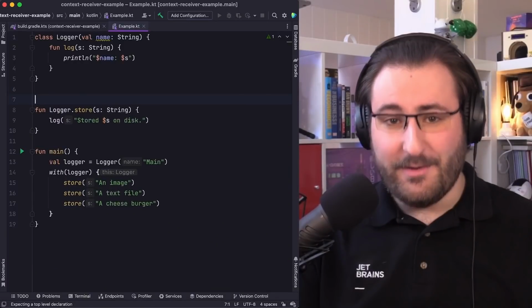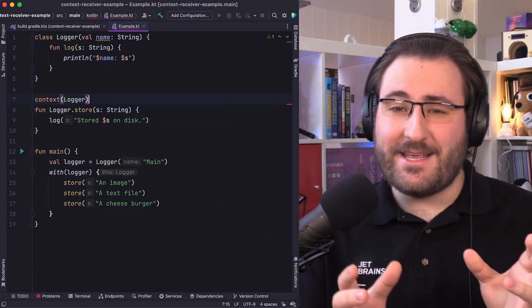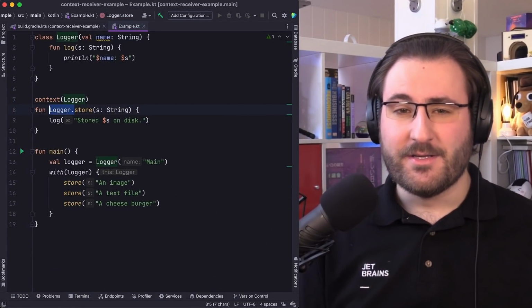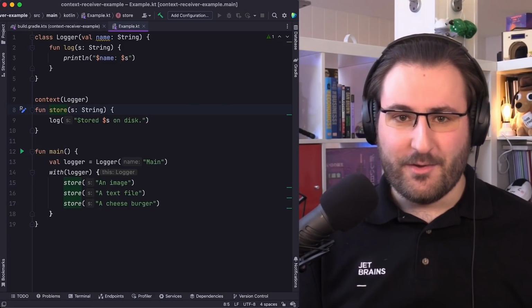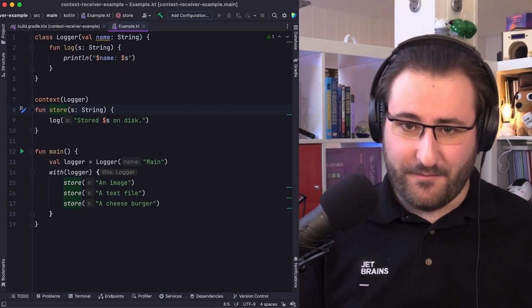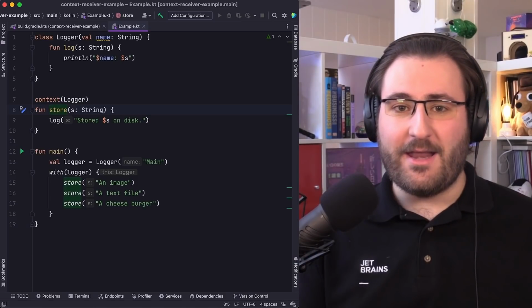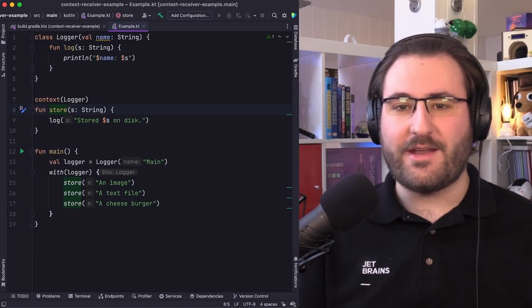When you need something present in the scope for things to work properly, that thing is the context. And that sounds exactly like what we need here. We want to have a logger present in the context of our function. So by putting context logger in front of our function definition, we declare exactly that. The store function can only be called if a logger is in scope wherever we call that function.